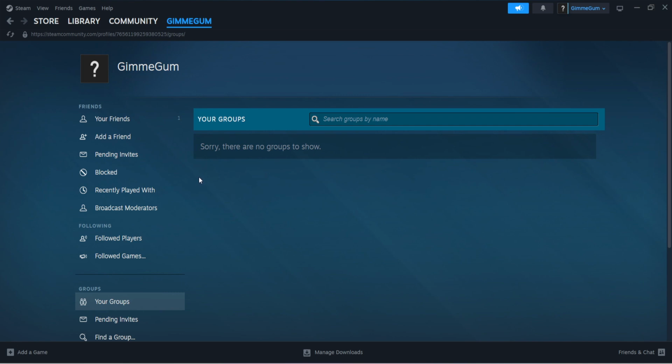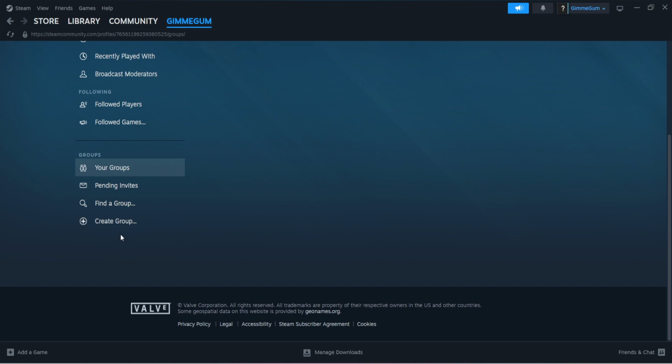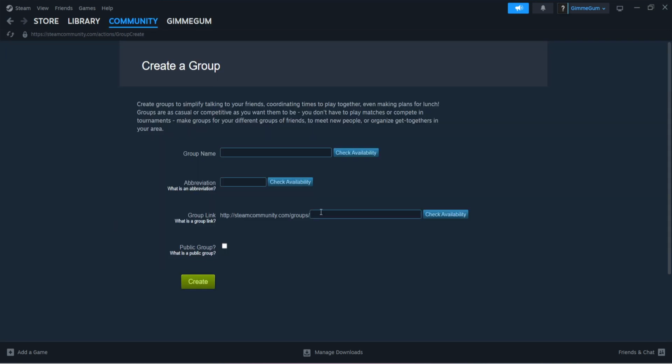Look for the option to create a group and click it. You're now on the setup page where you'll fill in the essentials. Start with your group name, then click Check Availability. Pick something clear and memorable that reflects your community's purpose. Avoid special characters that might not display well, and try to keep it concise. If the name is taken, tweak the wording, add a unique descriptor, or try a different variation until Steam confirms